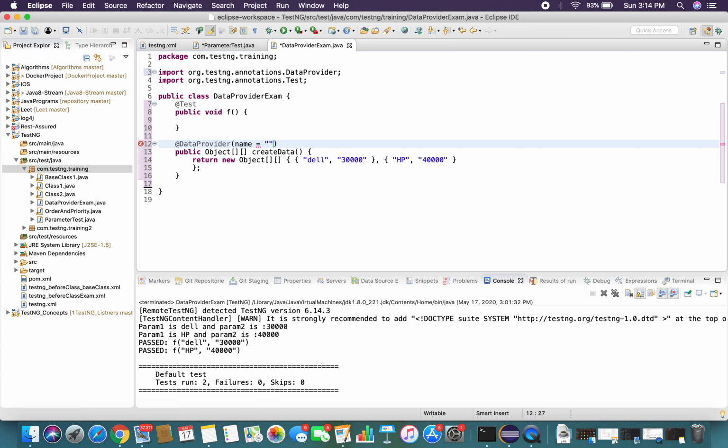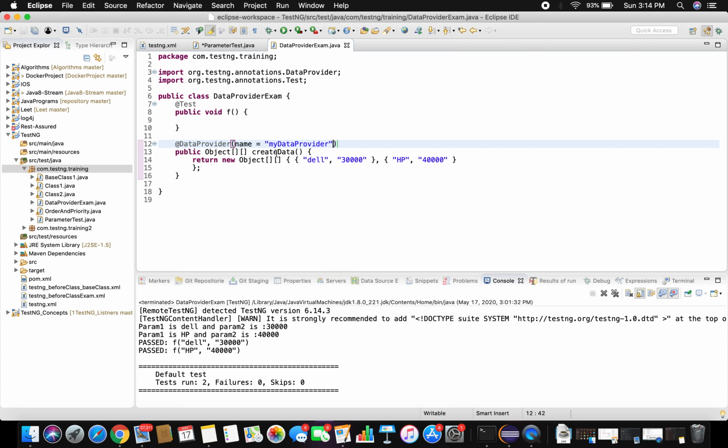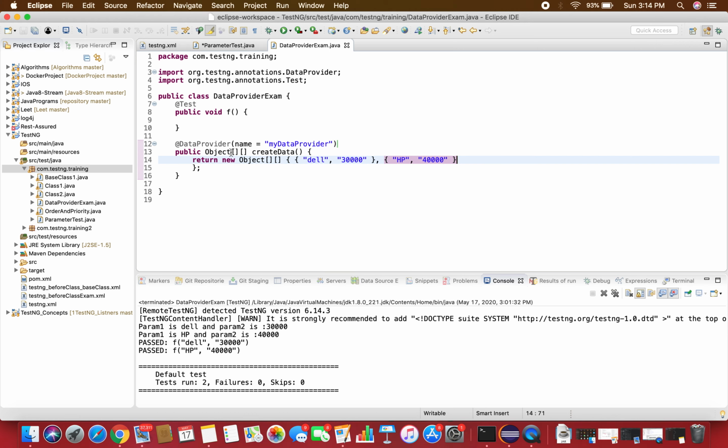Name is equal to myDataProvider. I just named this particular create data method, which is going to return these two products, in the form of an array of objects.